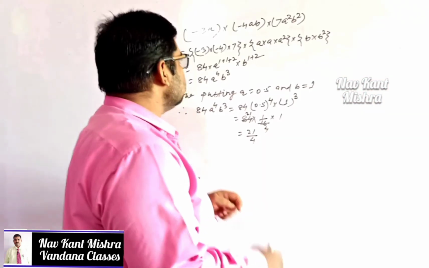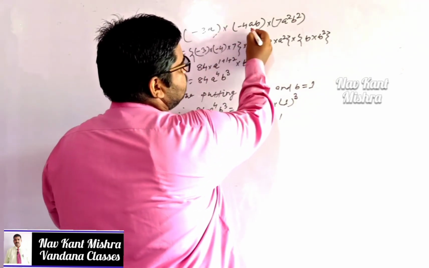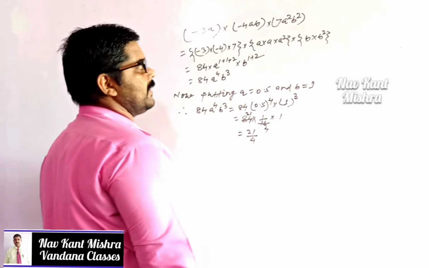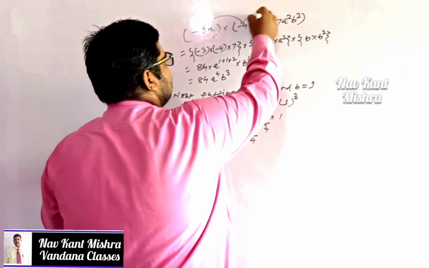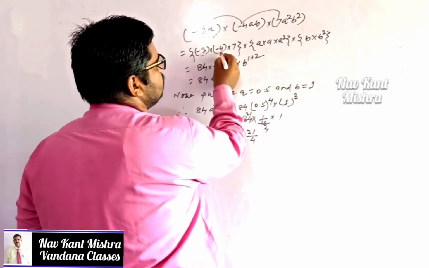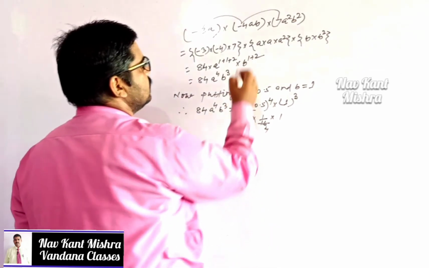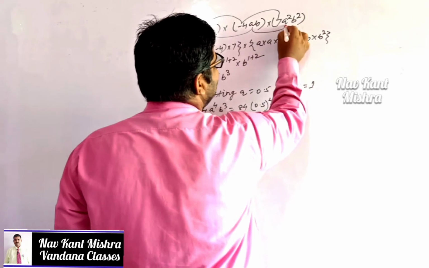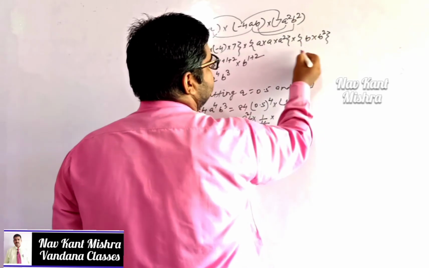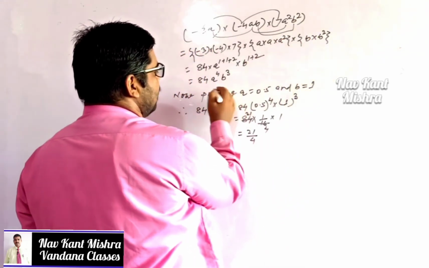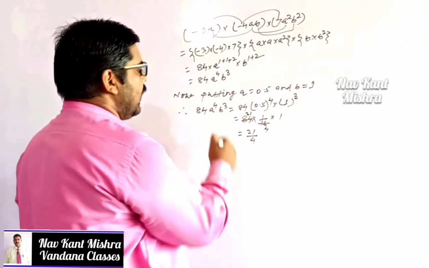My dear student, you can just see another example. I have to multiply minus 3a into minus 4ab into 7a squared b square, and you know that at first I have to multiply its numerical factors, minus 3 into minus 4 into minus 7, then literals are of 2, a and b, so I have multiplied separately a into a square, and after that I have multiplied b into b square, and after calculation we just get 84 a to the power 4 b cube,